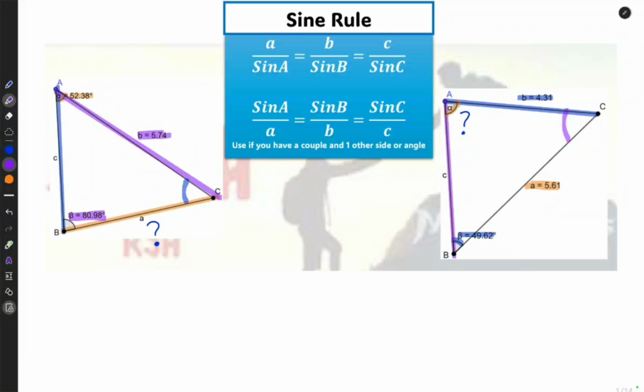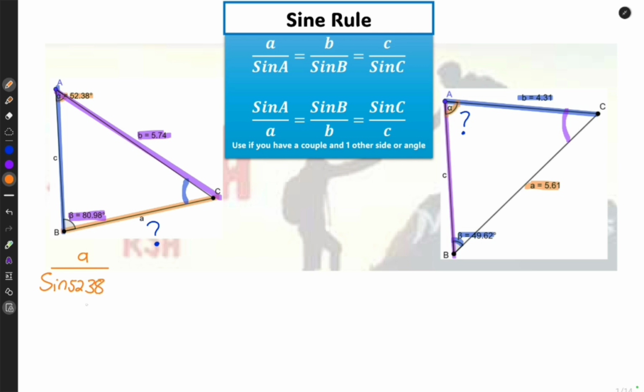Now, if that combination is a side and an angle that goes together, so in this one on the left, I know the purple side and the purple angle. Then I know the orange angle, and they are asking me for the orange side. So if I have a couple and one other angle, I will definitely use the sine rule. So my rule is always start with what you want. I can see I want side A, and I have the angle, so I'm going to say sine